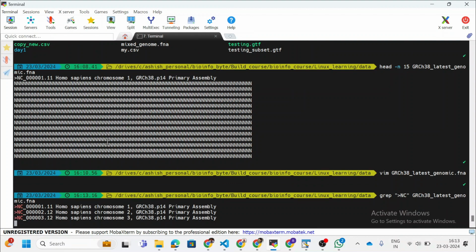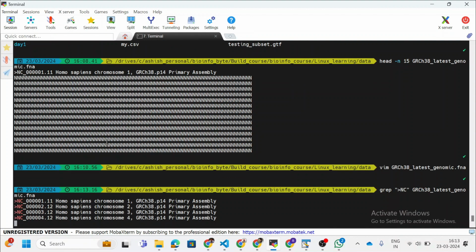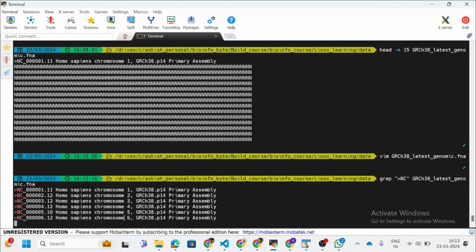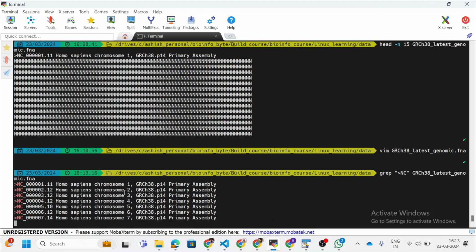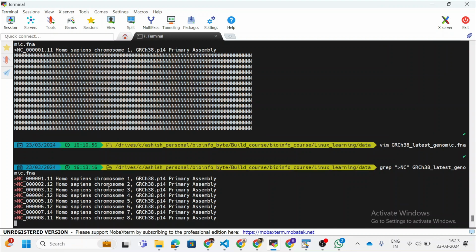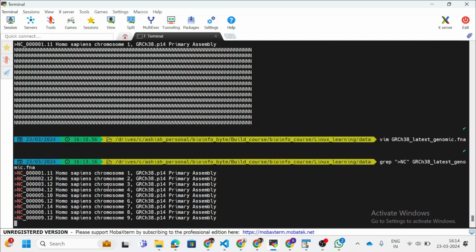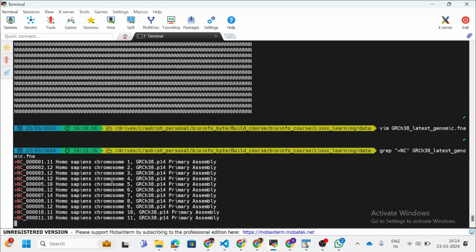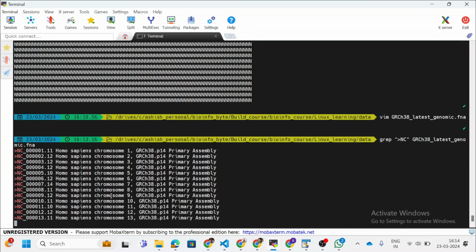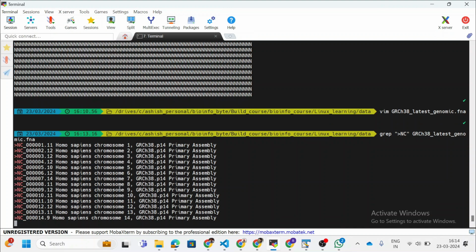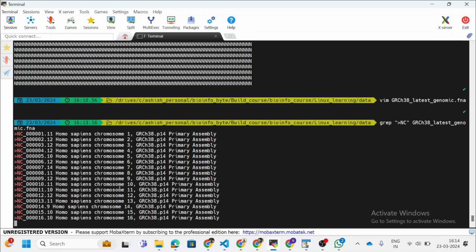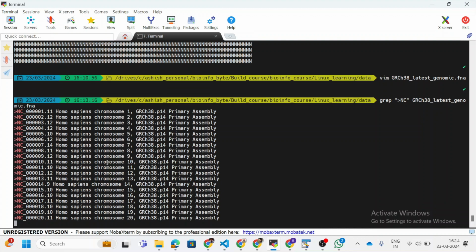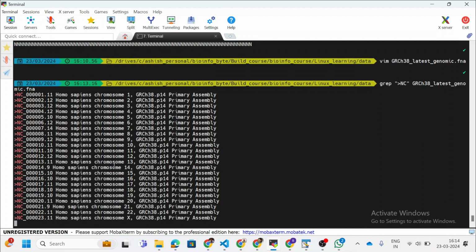So you can see NC_1, this is the information for chromosome 1, chromosome 2, 3, 4, 5. So we know that all the chromosome sequence information is there in this particular file. By mistake, if you have downloaded another file that lacks chromosome 8 and you are working on chromosome 8, because the data you are working with is going to map to chromosome 8, then this will create an issue.